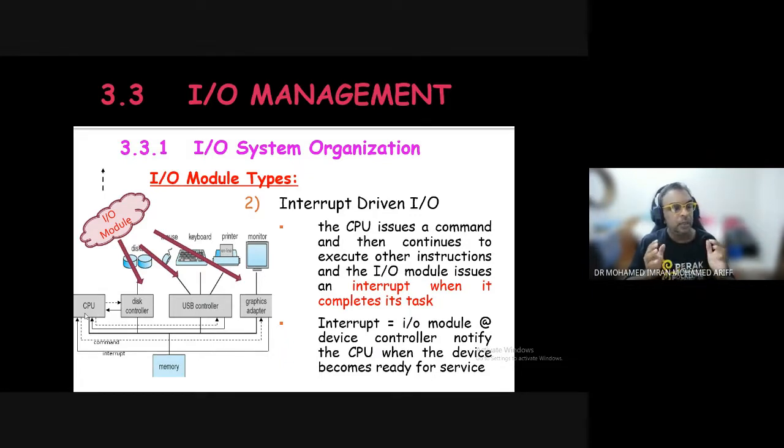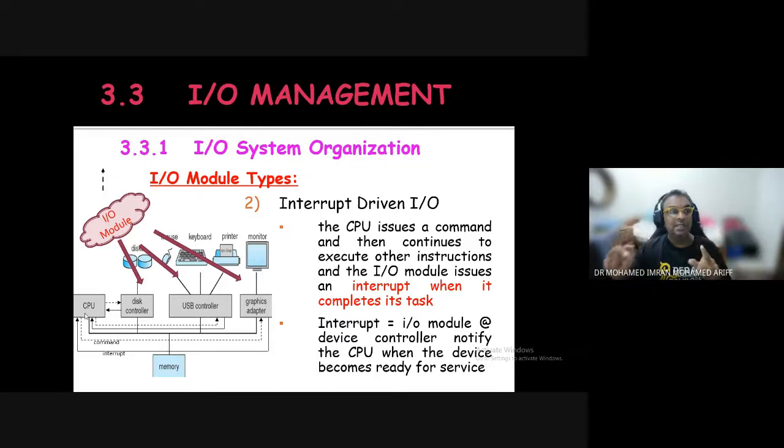Polling means the CPU does not do anything. It waits. Let's say you want to go and see your boss. Your boss is busy with a meeting, so you wait outside his door. You don't do anything. In interrupt-driven, you go and see your boss, he is busy, and then you go away and do something else, you makan. Then when he's free, there will be a signal. PA dia call awak, kata, okay, boss is free, you can come and see him. That is interrupt-driven input-output.